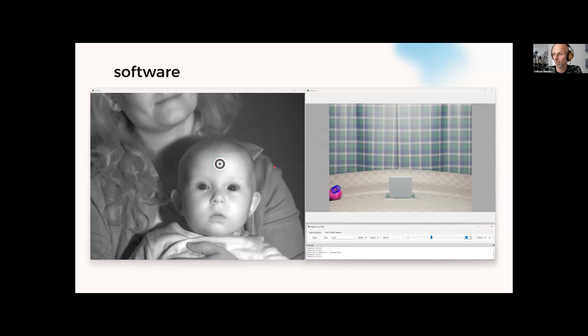And the main part of this so-called system is the software. So we have an application that controls everything. You can even run quick experiments in it. So once you fire up the eye tracker, you can design an experiment by just modifying a JSON file. You don't even need to know how to code. Of course, this won't be very sophisticated experiments. And then it displays the stimulus and the subject and the tracking either in real time, or you can replay it